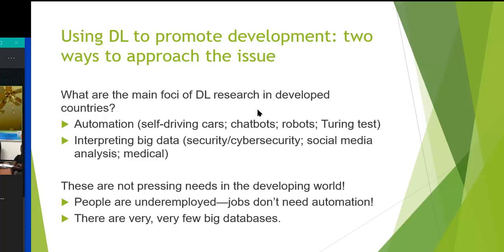Okay. So if you want your research to have impact, the choice of problem is critical. And so I'm going to pass over this quickly. I think there are 2 approaches to have research that has impact. One is to try to apply deep learning directly to problems of interest to development. One of the issues is that much deep learning research in developed countries is addressing problems that are of no interest whatsoever